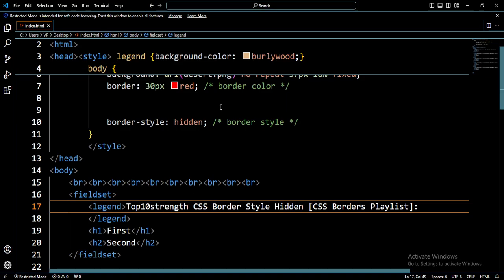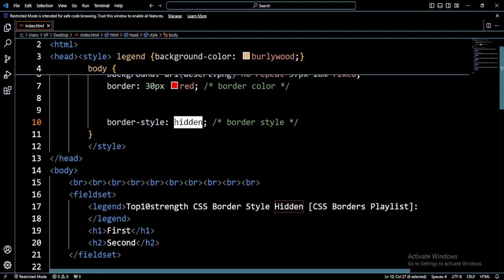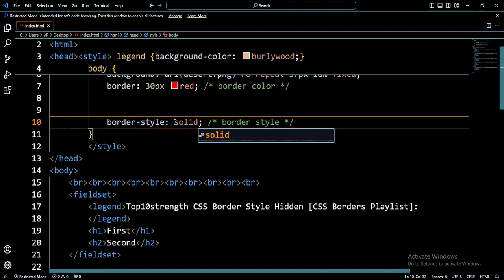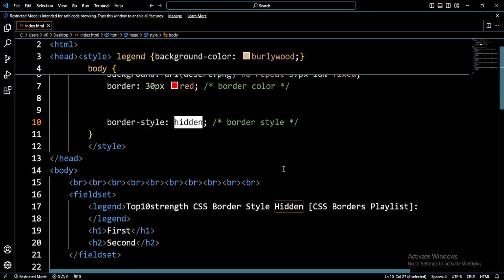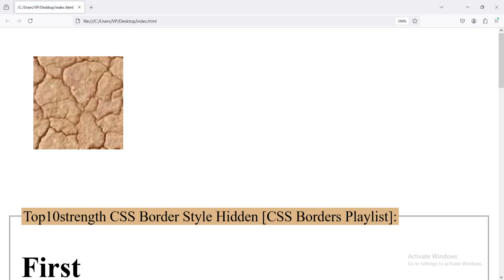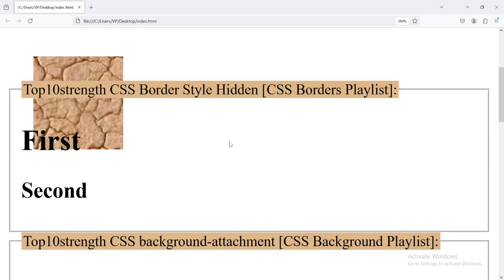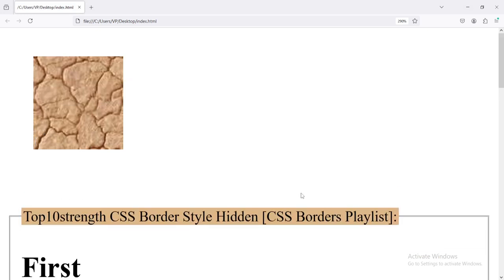Let's say we change this hidden to solid. I want you to see what will happen when we change this to solid. Can you see we're having a border style of solid, right? But when we change this to hidden, we will not have any border style. Can you see? The funniest part is that the border style property of hidden